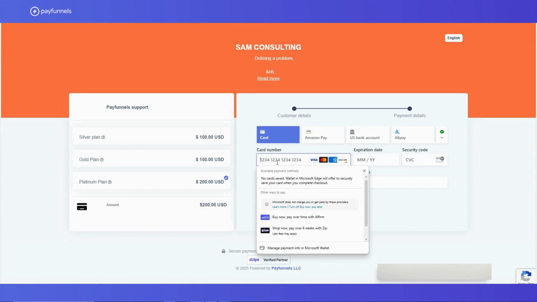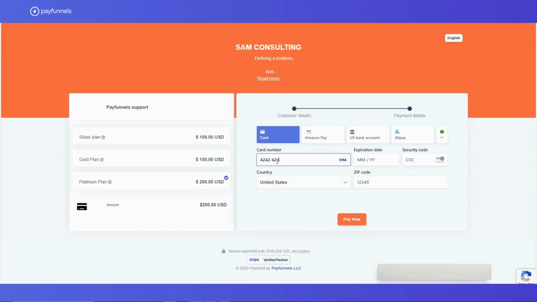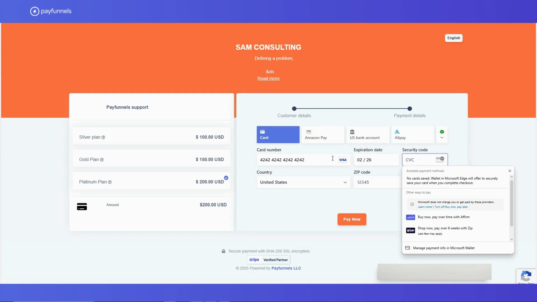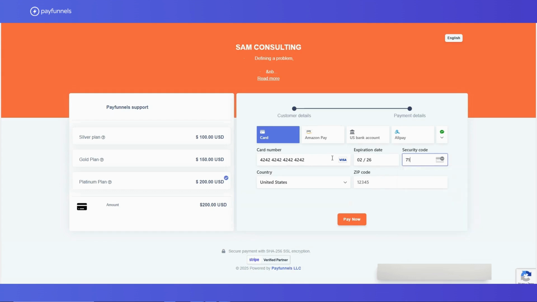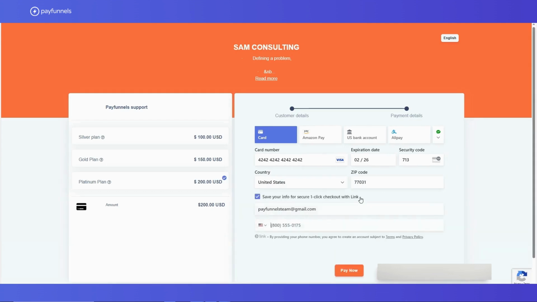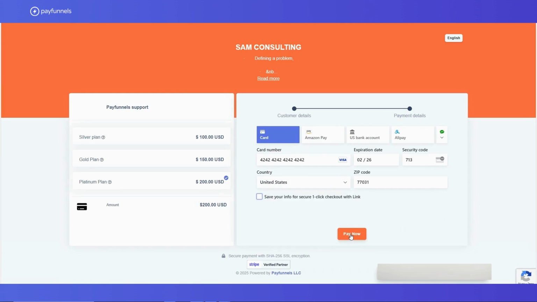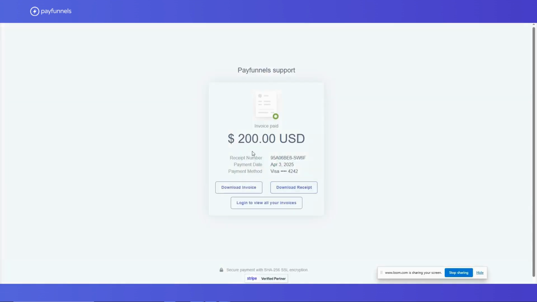Enter the credit card number, expiry date, CVC, and zip code. Press Pay Now. You will now see that the payment has been processed, and the option to download the invoice